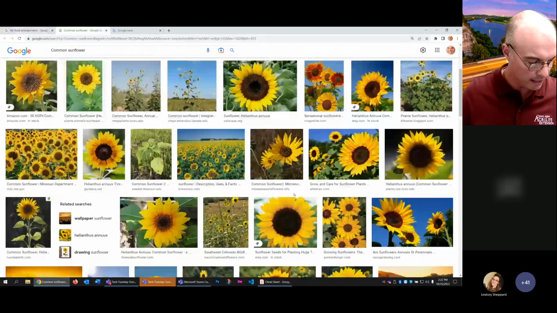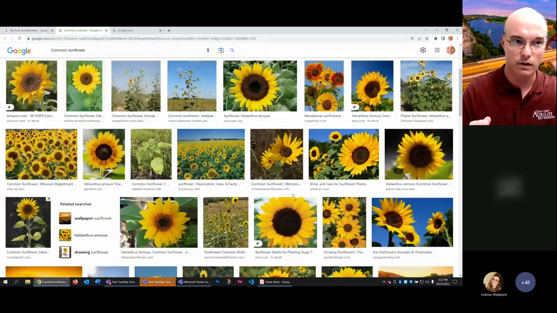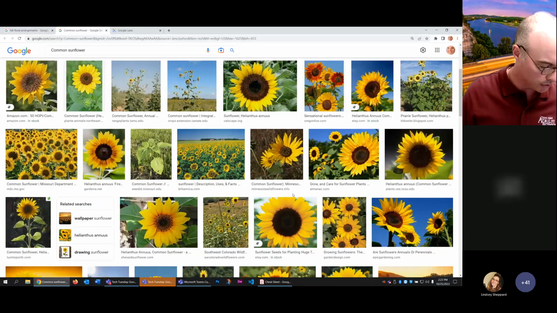So those are 4 ways that you can search with an image. I think it's very, very useful, especially if you're out in the field, or even if you're at, I don't know, a farmer's market or an antique swap meet, and you want to find out what this one particular thing is called. Well, it makes it really easy to search by image. So